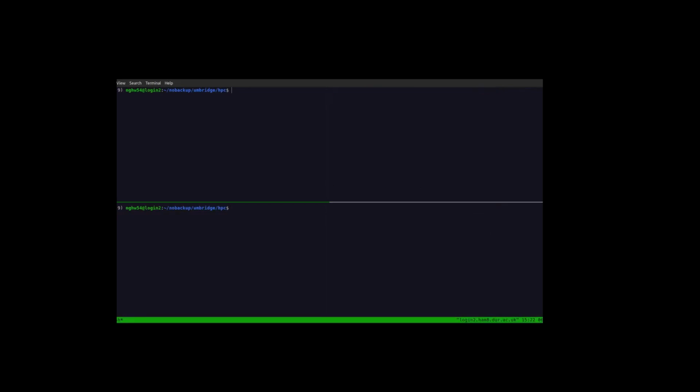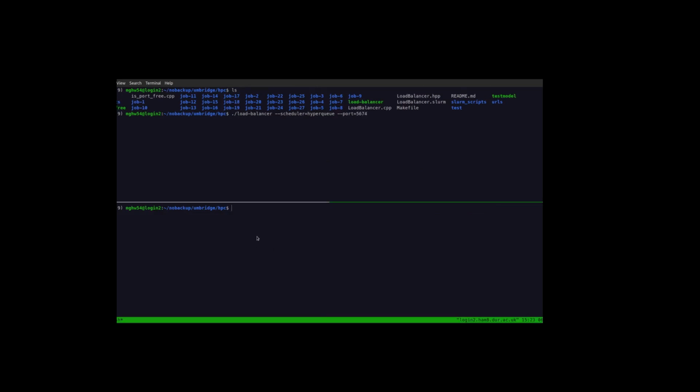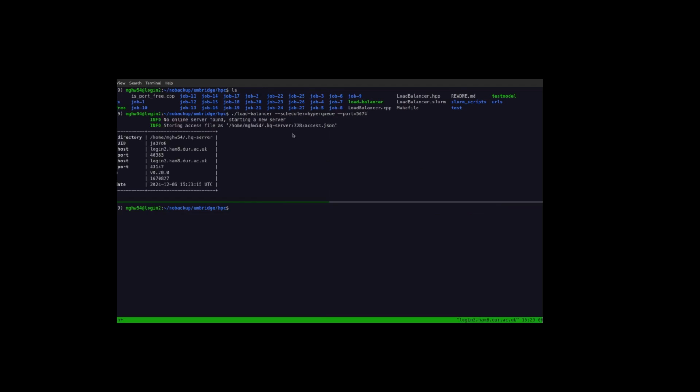So here I'm in the Umbridge HPC directory where I have the load balancer executable. And as I've shown on the slides, I specify my scheduler as hyperq and then what port I want it to run on. It can be anything, so 5674. I run this,